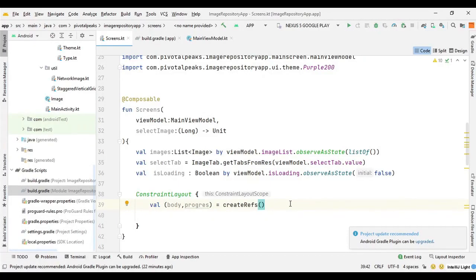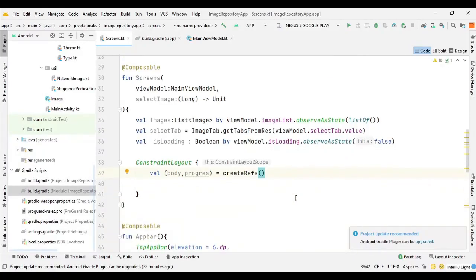Now the first thing we need is to put the app bar on top of our screen. So for that we need Scaffold, and Scaffold implements the basic material design visual layout structure, and it provides an API to put together several material components to construct your screen, and it ensures a proper layout strategy for them, and it also collects necessary data so these components will work together correctly.